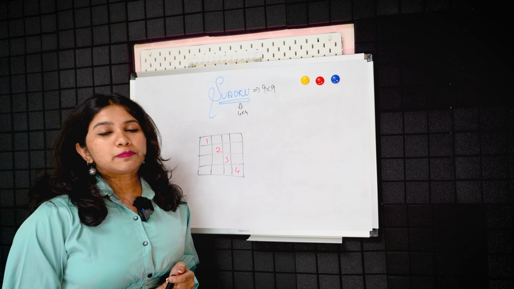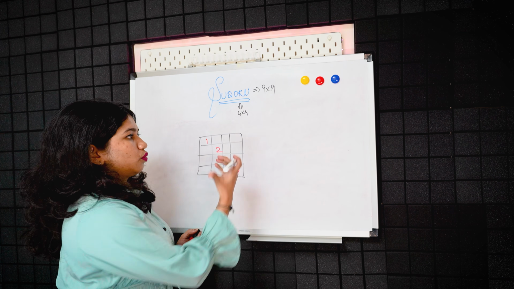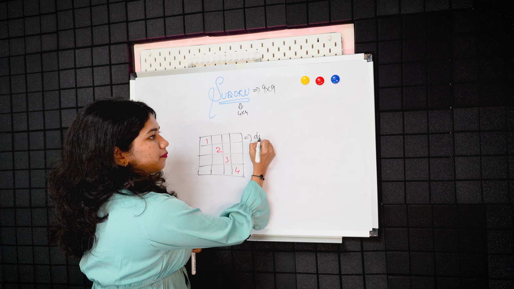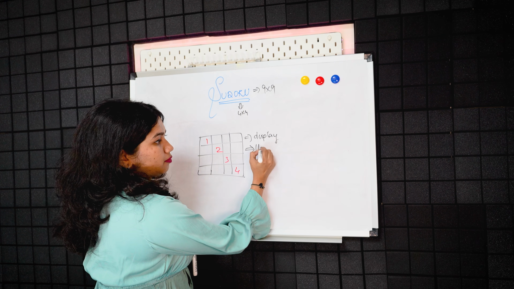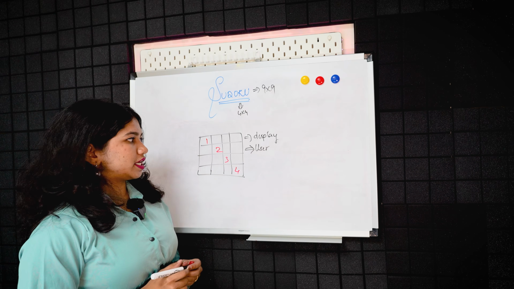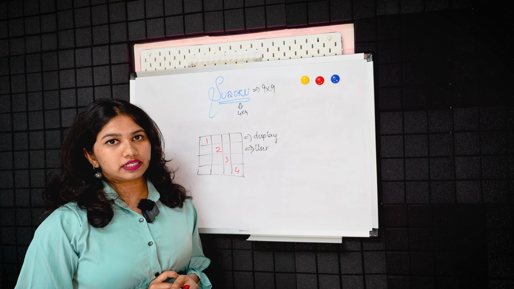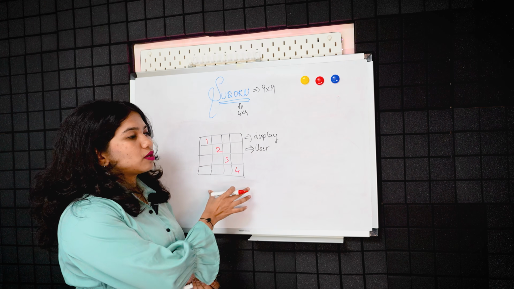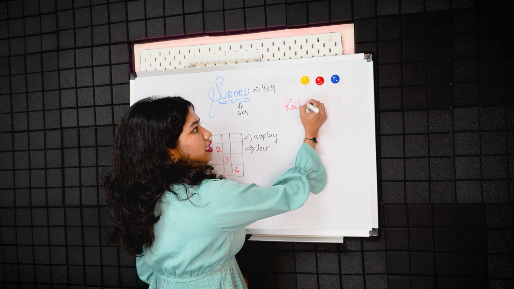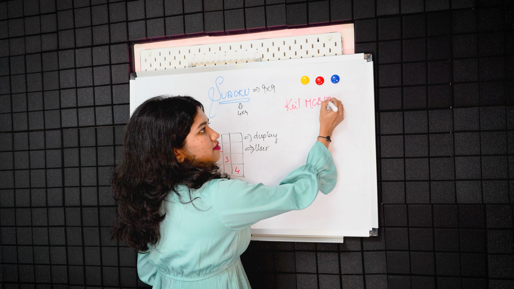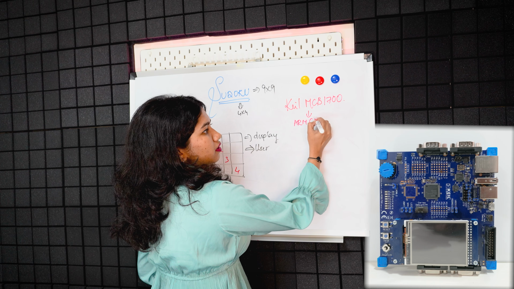Now to implement this on an embedded development board, we should think: where do you display this grid, and how do you provide the user input? Because in a mobile application, the grid is displayed on a mobile screen and the user input is a screen touch or keypad. When I thought about this game logic, I thought about Keil MCB1700, which is based on ARM Cortex M3